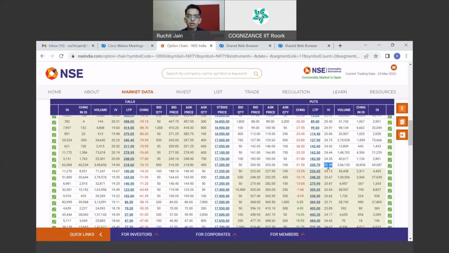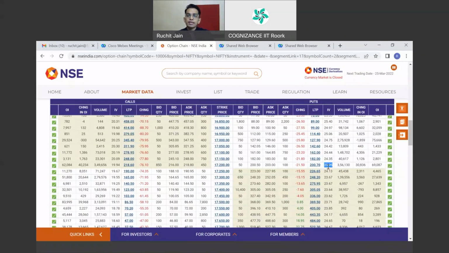So what to see over here? Whether IVs are rising or whether IVs are falling. If IVs are increasing, then option premiums will become expensive. Then in that phase, option buying is more suitable. Option buyers earn more money when IVs are increasing. Of course, the direction should be right. If you are bullish, then buy call option. If you are bearish, buy put option. If the direction is wrong, then you cannot make profits in the stock market. But if your direction is right and IVs are in a rising phase, then prefer buying options.